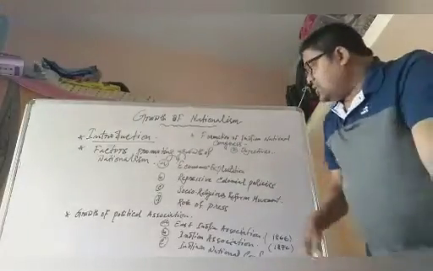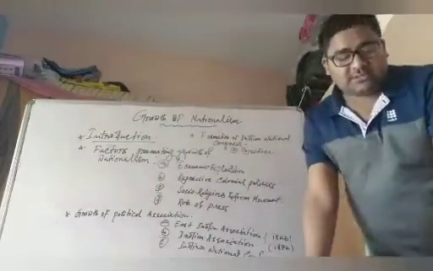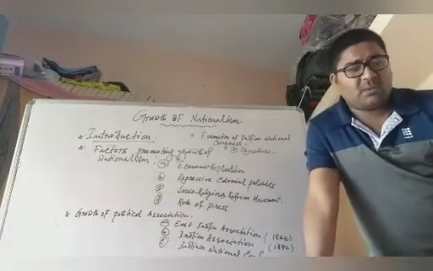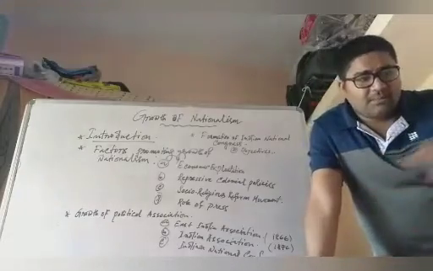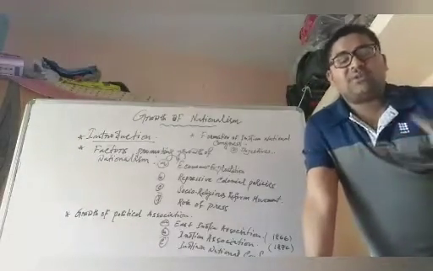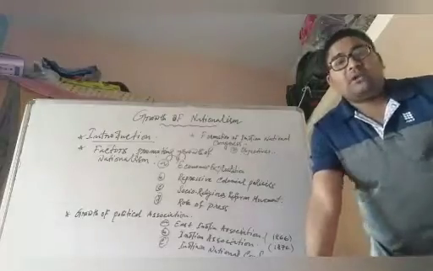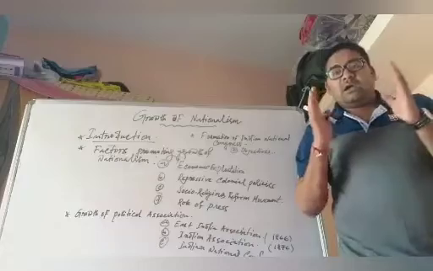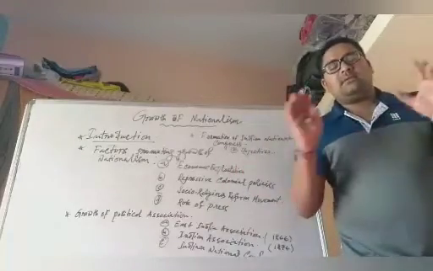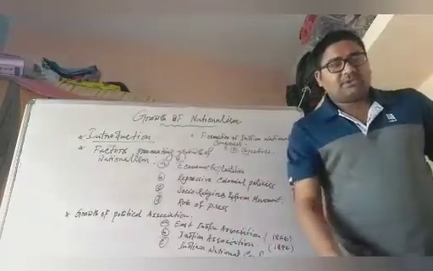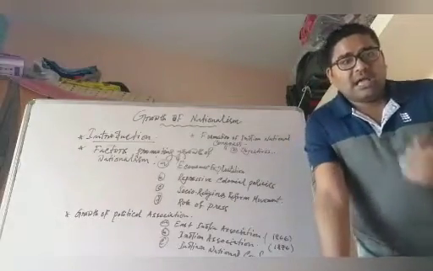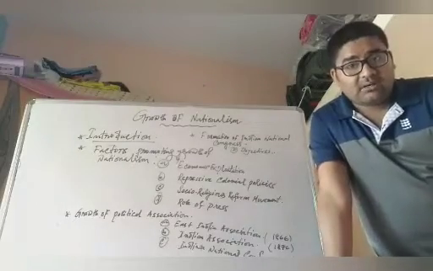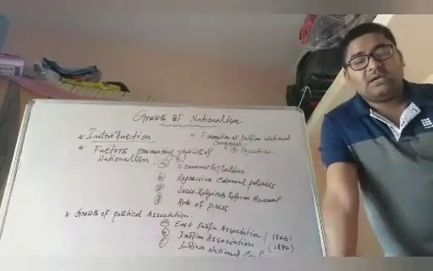Next we will see the objectives of the Indian National Congress. Main objectives. Number one, to promote friendly relations between the nationalist political workers in the different parts of the country. Number two, to develop and consolidate the feelings of national unity irrespective of caste, religion or provinces. Number three, to formulate the popular demands and present them before the British government. And number four, to train and organize public opinion in the country.